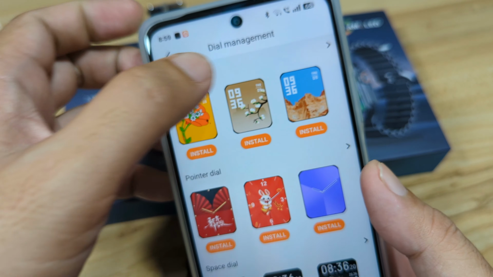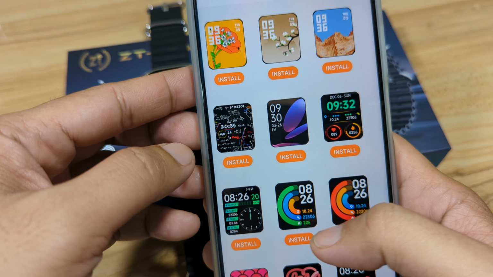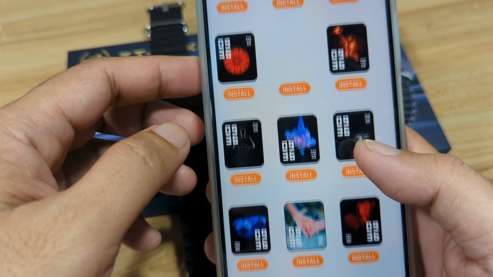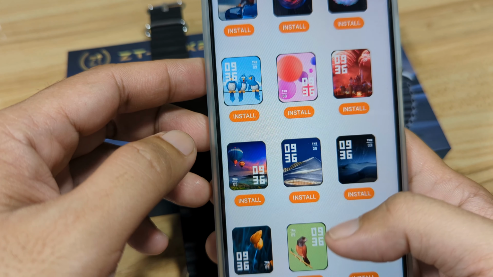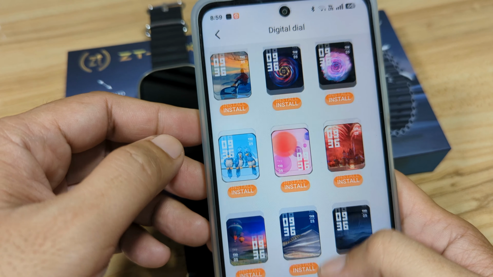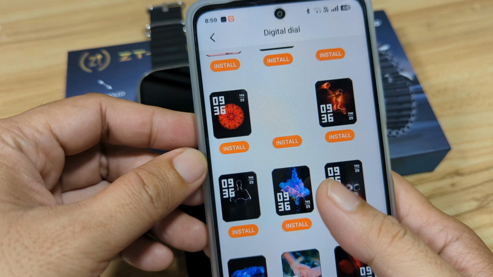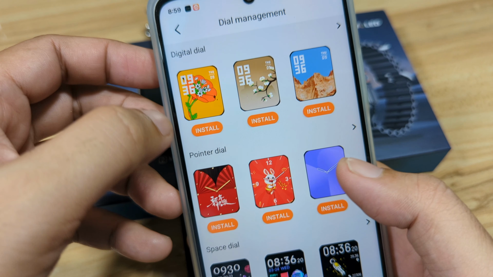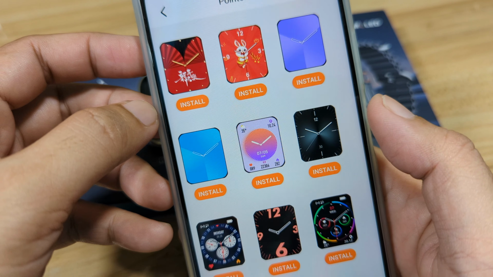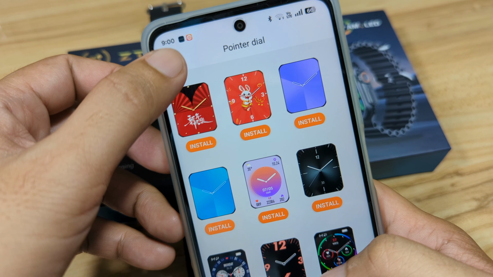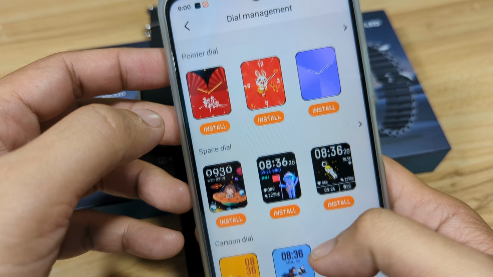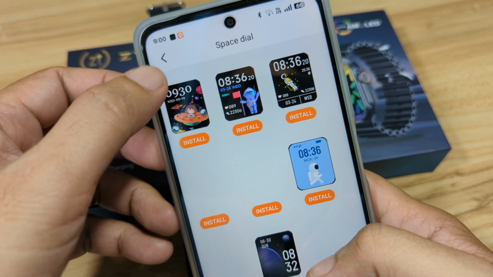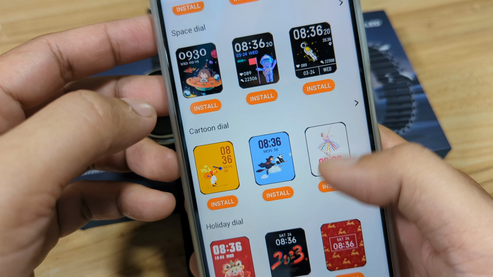So let's double check. Here are the digital dials. Okay, there are some that failed to load. Again, this is the digital dial. Then next we have the pointer dial. Limited options. We have space dial, cartoon.